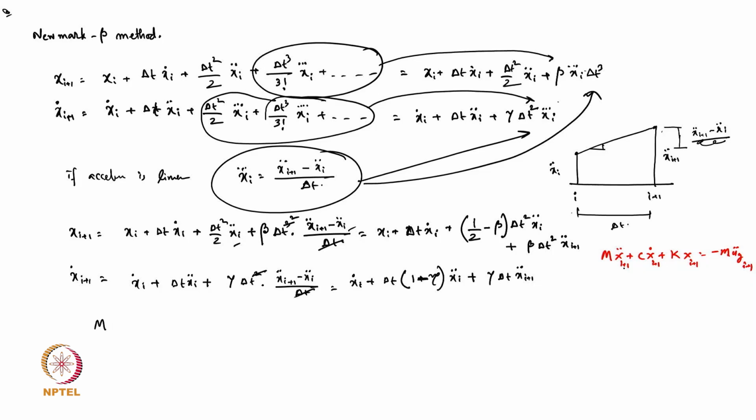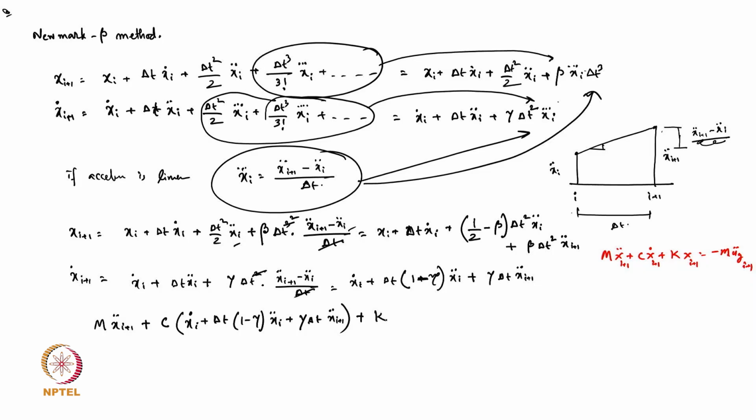So now x_i double dot. Okay, how to calculate it? We will find out the value for x_{i+1} double dot. So x_{i+1} double dot will be here, plus c x_i dot. c x_i dot will be this one. So it will be this plus delta t into (1 minus gamma) into x_i double dot plus gamma into delta t into x_{i+1} double dot